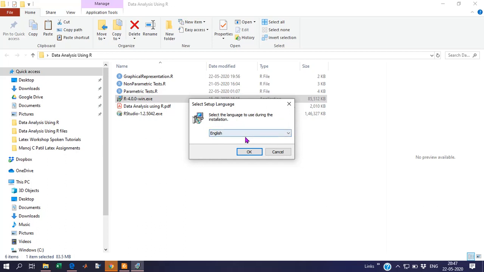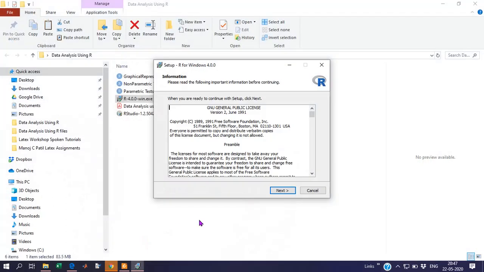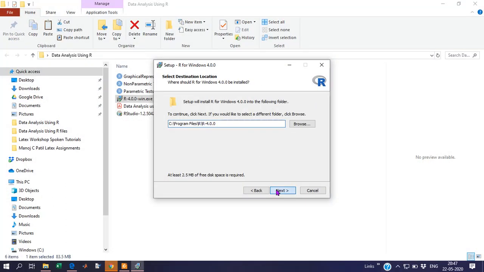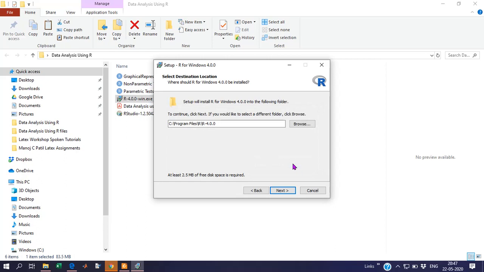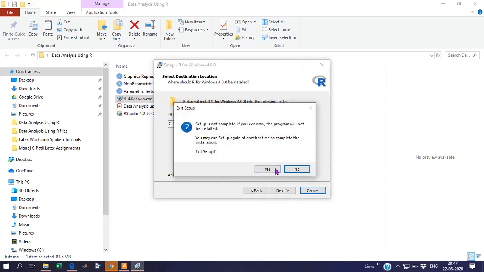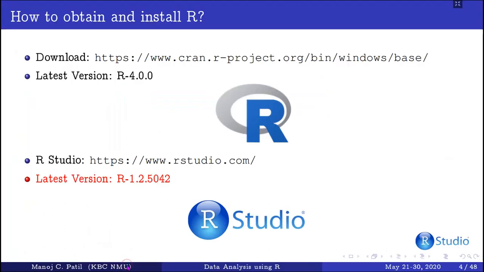Select the language to use. Obviously it's English. Next. As I have already downloaded it, I will not go further. I will cancel that installation. Let's move to RStudio.